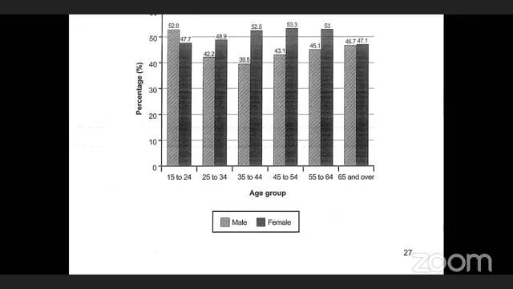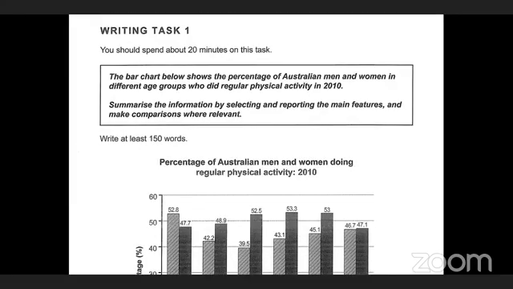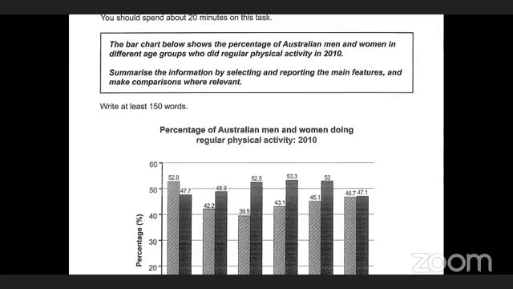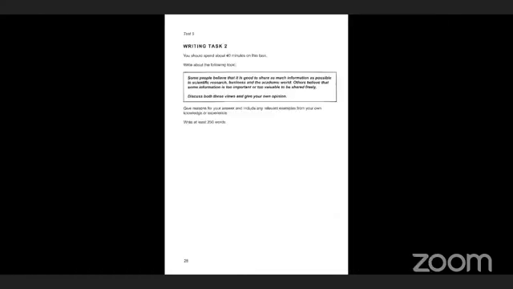How many paragraphs can we write? We can write three paragraphs. The first one will be the introduction. The second one will be the overview. The third one will be the body paragraphs. Now we have to see the